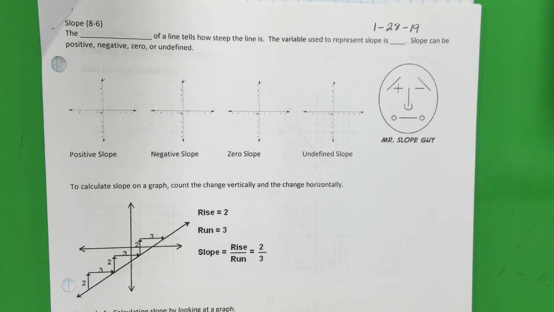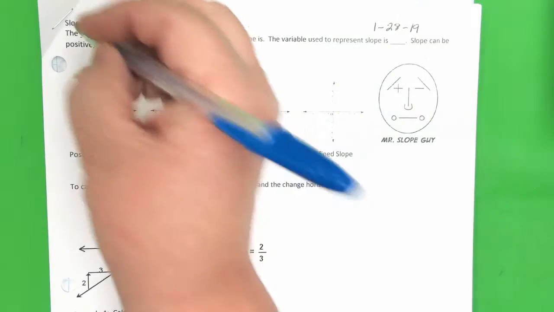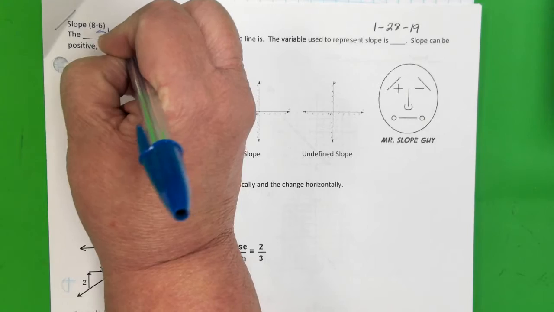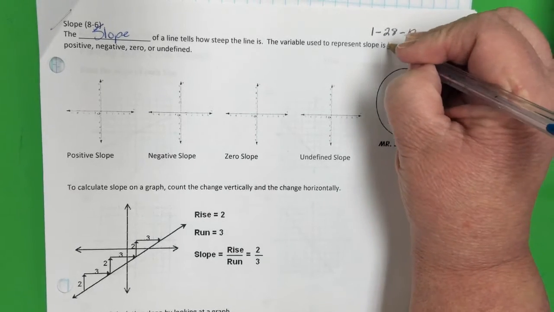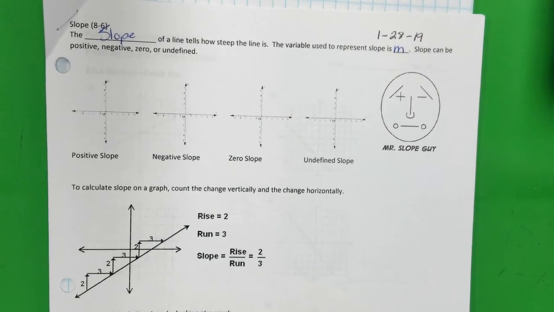Alright, this is for pre-algebra and we're calculating slope of a line. The slope of a line tells us how steep the line is. The variable used to represent slope is the letter M, and the four different types of slope are positive, negative,